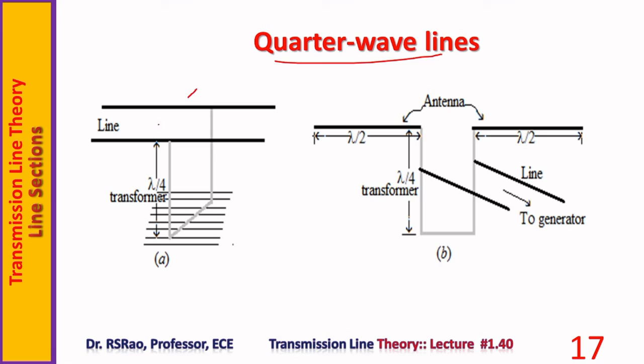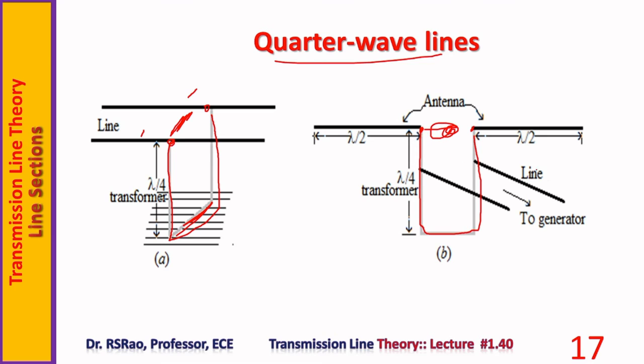It's a line, this is one conductor, it is another conductor, and my interest is in simulating an open circuit between these two. For that purpose, a quarter wave transformer is connected to the lines. One end is short circuit, therefore an open circuit appears here. Similarly, I want to create an open circuit at the terminals, so a quarter wave transformer is placed like this. So now here what we have is open circuit. Here open circuit is there.